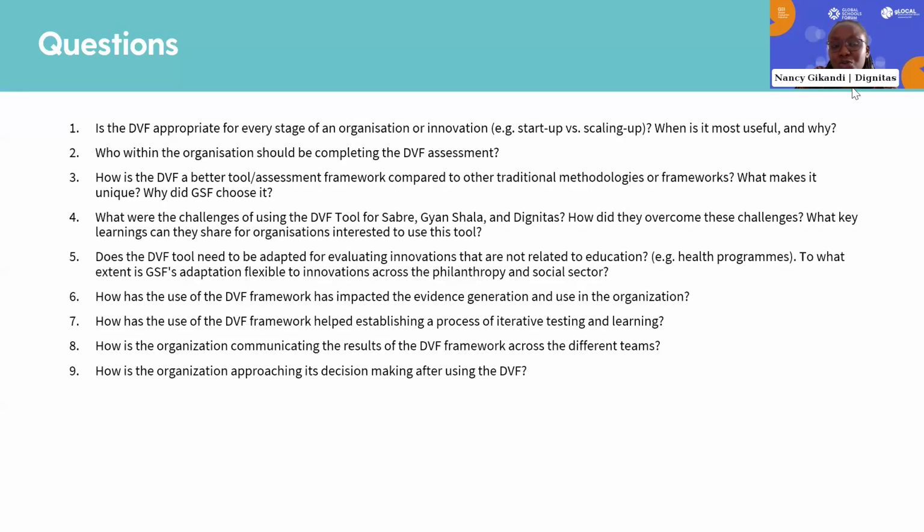We viewed it as a tool that sits in the organization and is accessible to each and every person, because we continue using it even as we design other interventions. So it needs to be accessible to everyone, so that as we design in our different teams, we have considered all the three components. So I agree with you, Ursula.